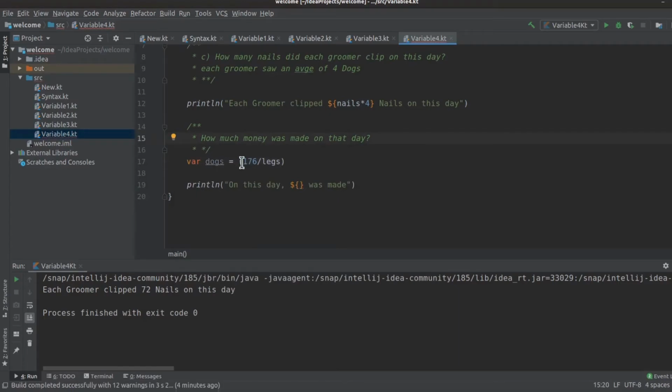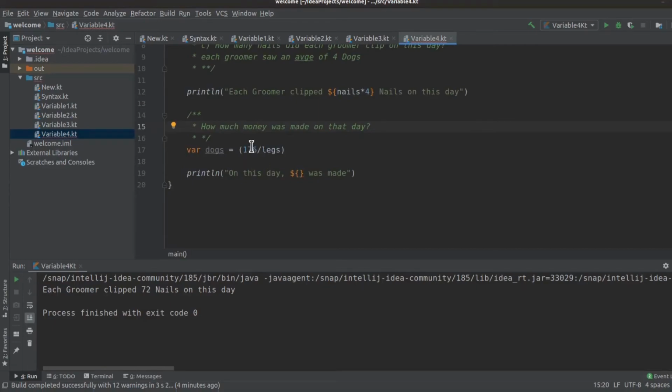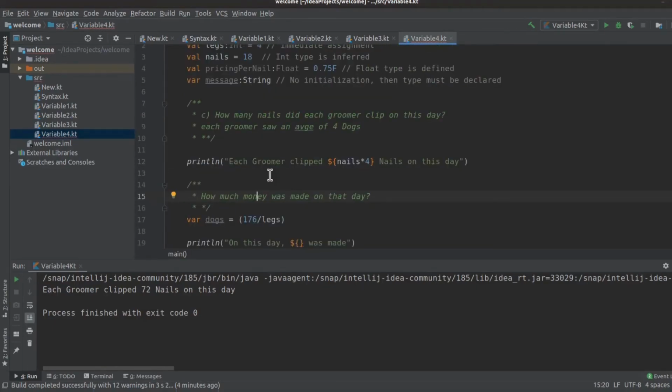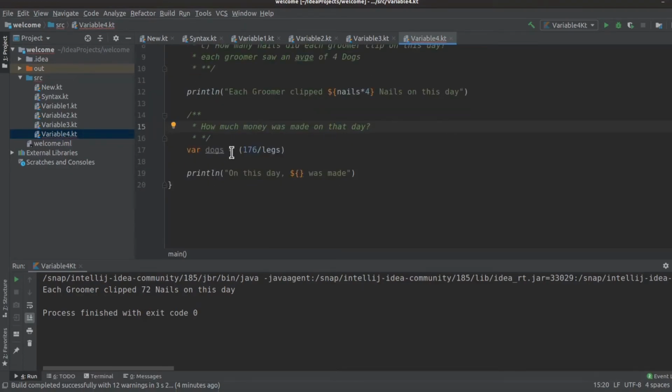So dogs, okay, in this case, let's just use 176. It's the one we used in the last video. So var dogs 176. So we're going to have dogs, the number of dogs times nails. If each dog has 18 nails, how many nails do this have? And once we get the total number of nails that came into PGZ on that day, we're going to multiply that with this. So it's going to be, let's start by multiplying dogs. So it's going to be dogs